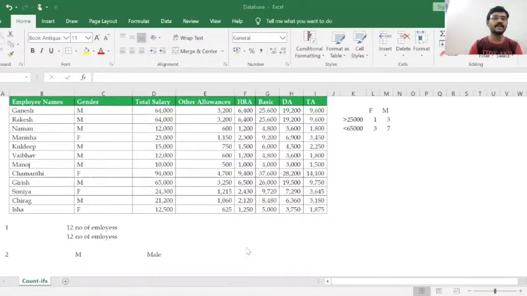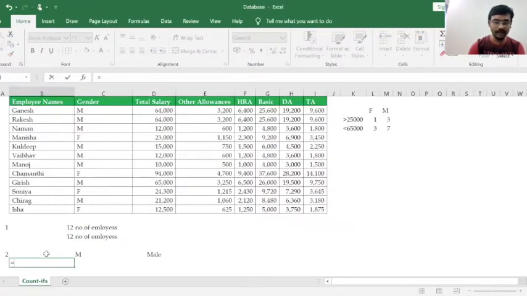Now with this data, if you want to know how many male employees are there or how many female employees are there, as this is a very small data, you can start counting how many male members and how many female members are there. However, if the data runs into thousands of line items, how this function would be of a great use. So let us see.